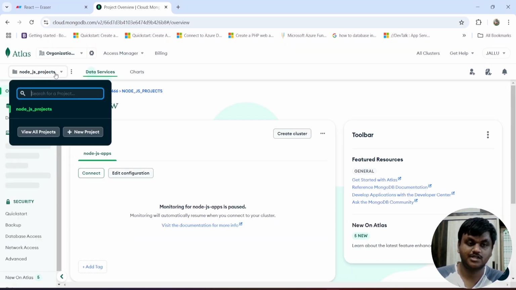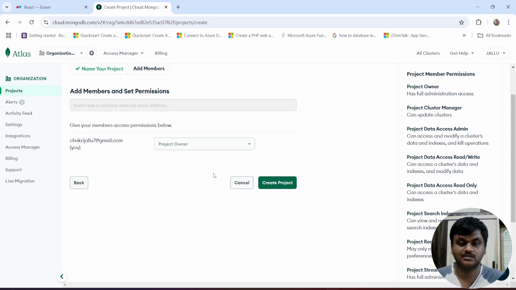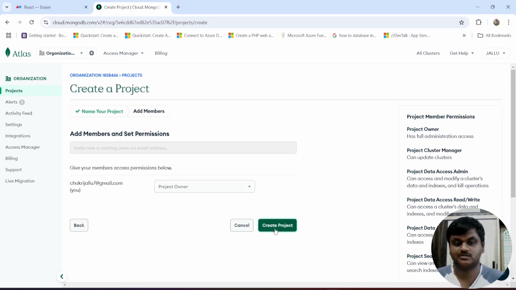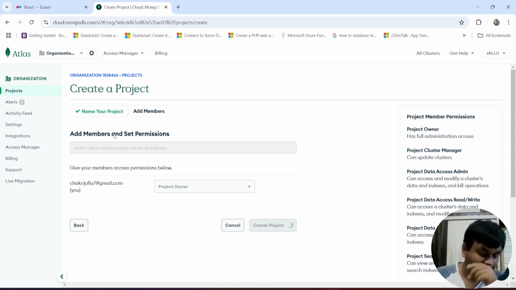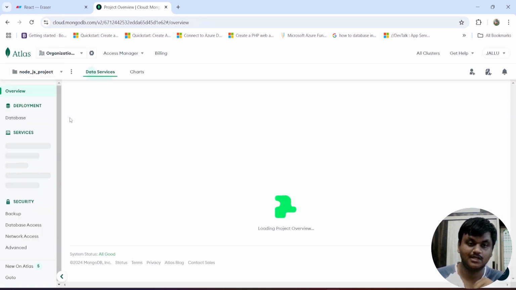Here create one project, a new project. I'm mentioning here Node.js project. Click on next, click on create project. No need to add membership and set permissions. Click on create project. In this project, I'm going to create a database,